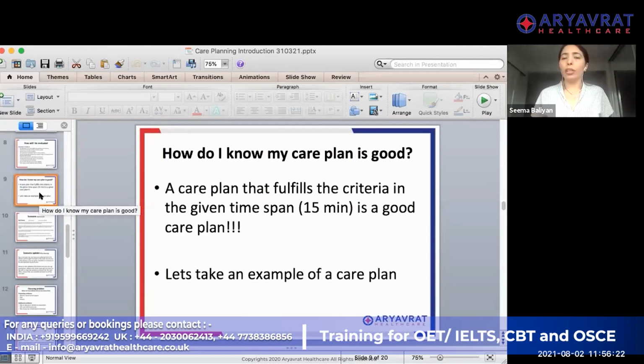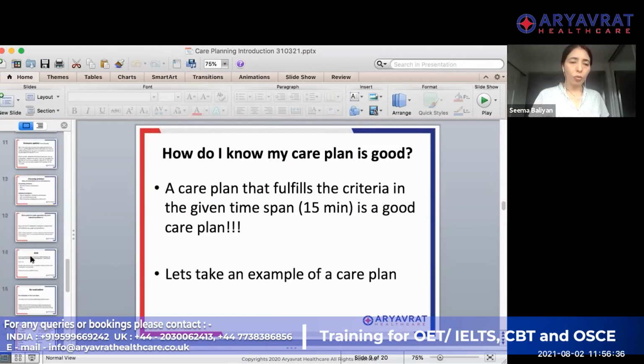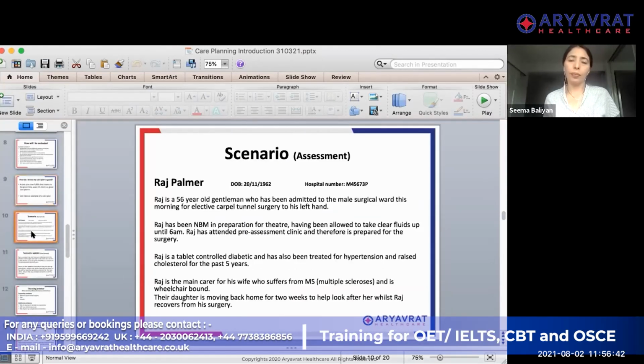Now, how do you know that your care plan is good? It is pretty straightforward: it should fulfill all the criteria, and you should be able to finish it in 15 minutes. Now, I'm just going to quickly take you through one of the scenarios, to see how a care plan will look. If we take this as a scenario,